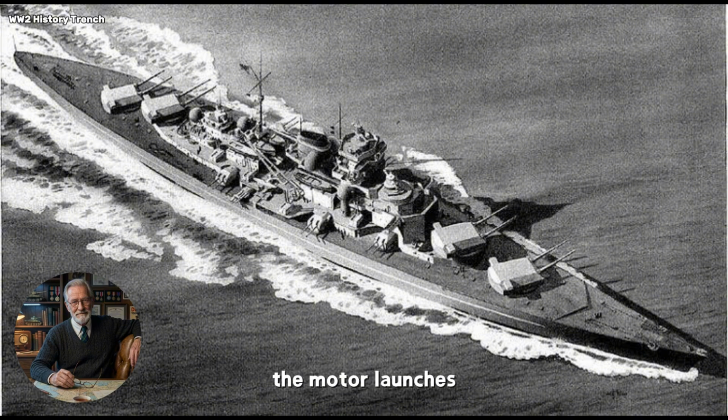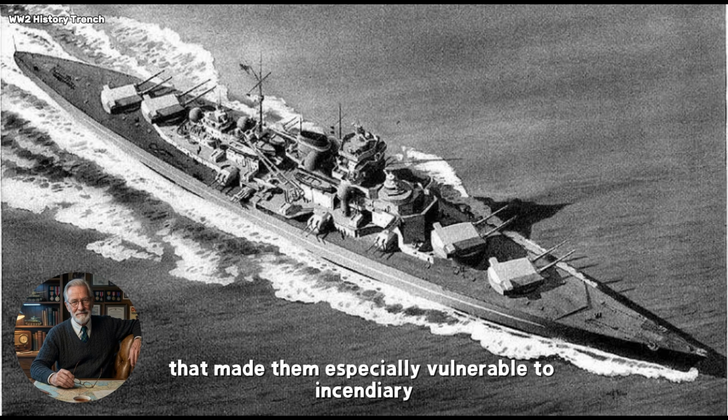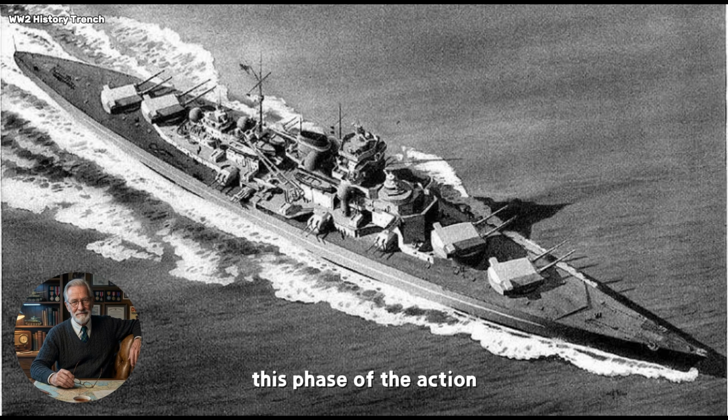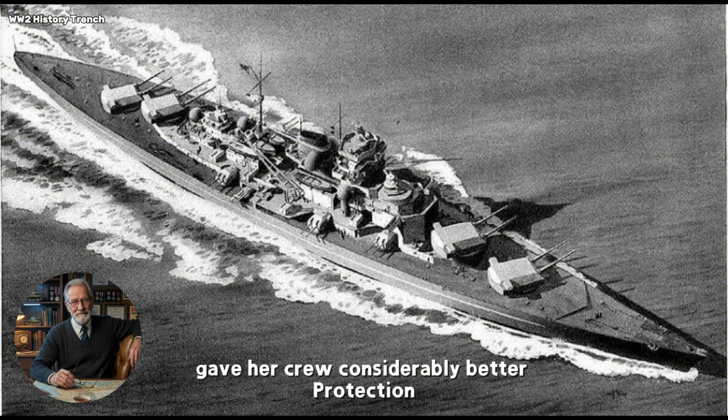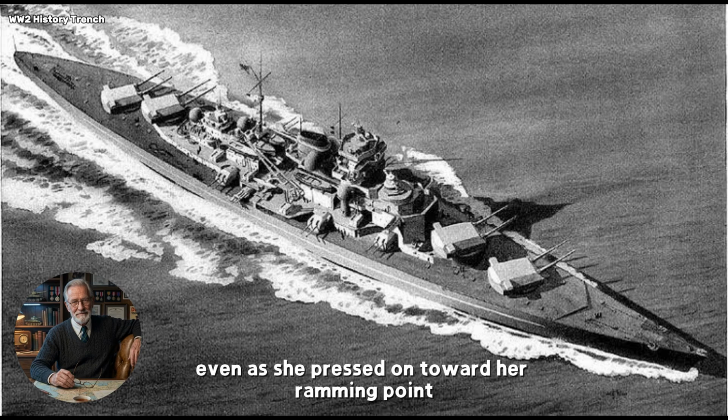The motor launches, built primarily of wood and carrying fuel tanks that made them especially vulnerable to incendiary and tracer fire, suffered disproportionately during this phase of the action compared to Campbelltown herself, whose steel hull and added armor plating gave her crew considerably better protection against the same weight of fire, even as she pressed on toward her ramming